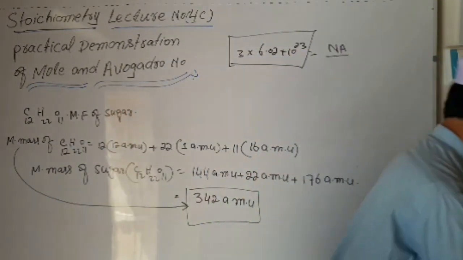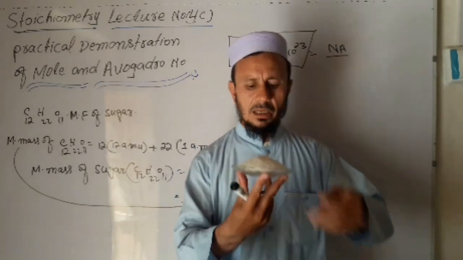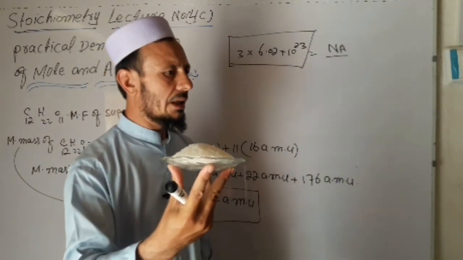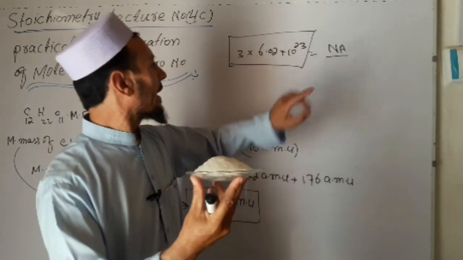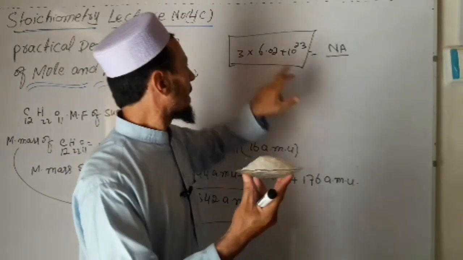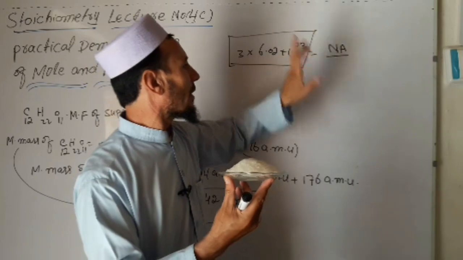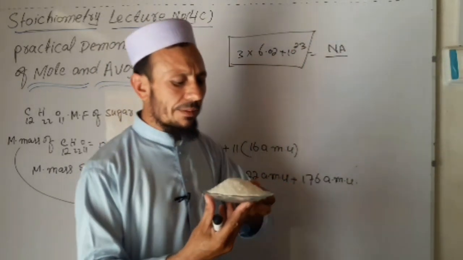Now dear students, this is equal to 1 mole of sugar, and in this 1 mole of sugar, it will contain Avogadro number of sugar molecules, such as 6.02 multiplied by 10 raised to the power of 23 sugar molecules. If someone